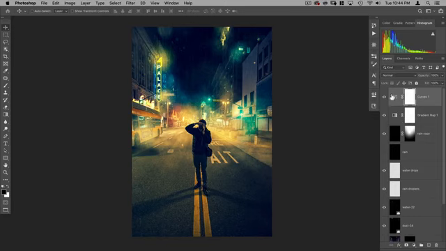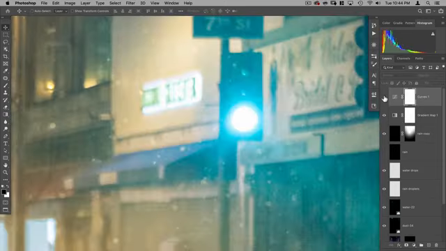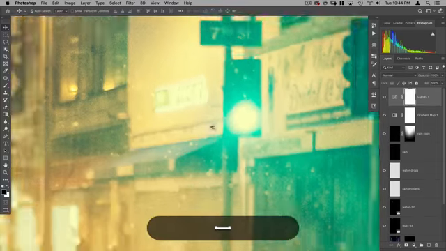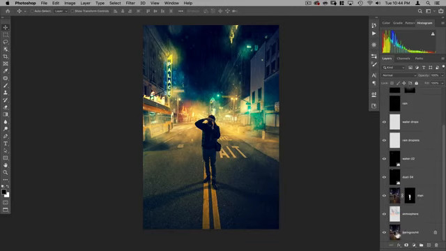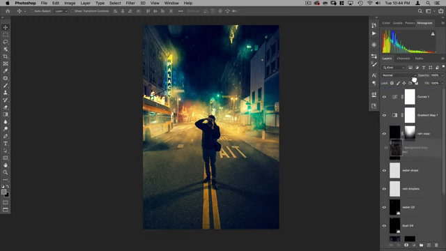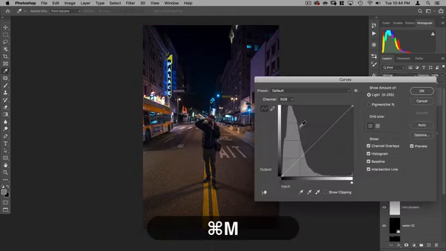because we did this curve, we've gotten rid of all of our white. So if we zoom in close here, you can see that that white has turned into a yellow. And that looks good color-wise, but the problem is I do want those whites to be white. So to fix that, I'm going to take this background, make a copy of it, bring it all the way to the very top, and use another curve layer, Command M,